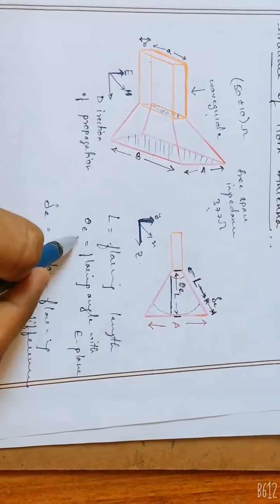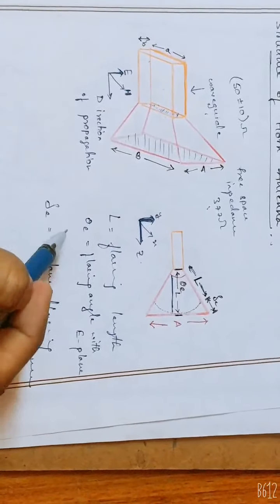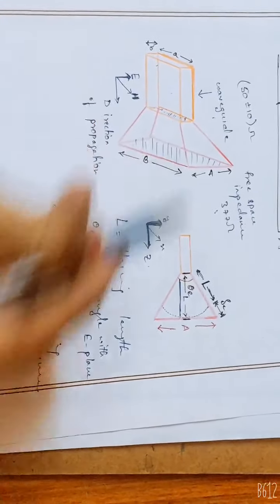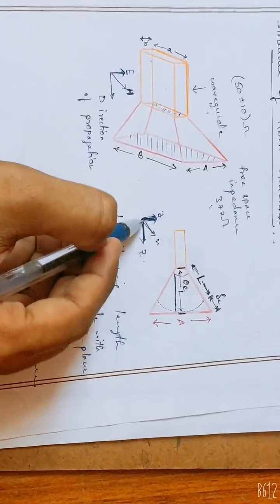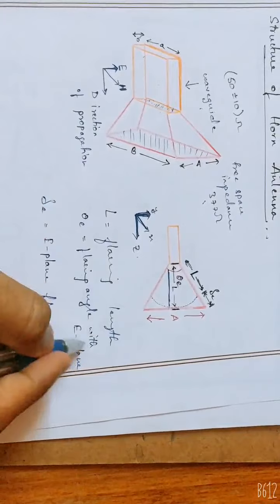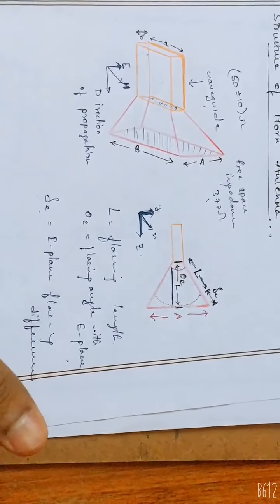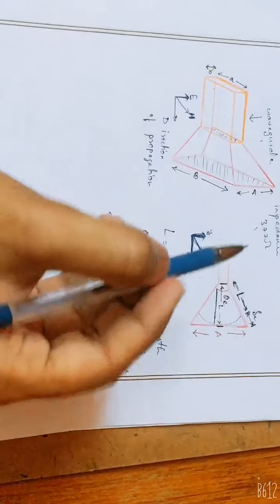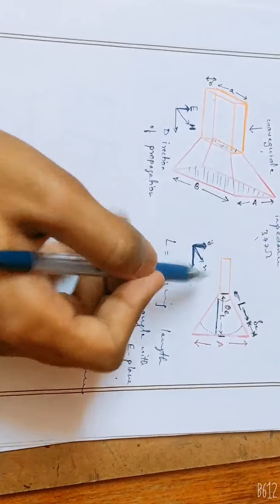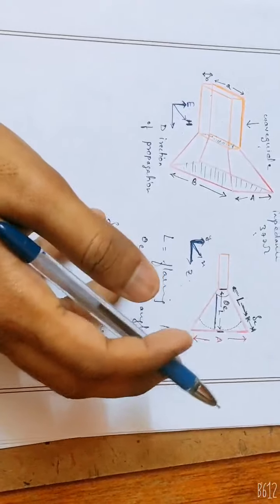So here theta A is with respect to the YZ plane, and delta E is also with respect to the YZ plane. If we are taking the magnetic field, we need to consider the XZ plane. So this will become theta H, that is the flaring angle with the H plane, and delta H, that is the H plane flaring difference. As we know, in the place of Y we are having the electric field, in the place of X we are having the magnetic field, and in the place of Z we are having the direction of propagation.